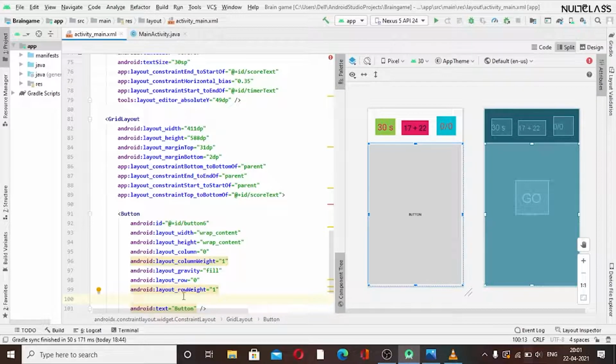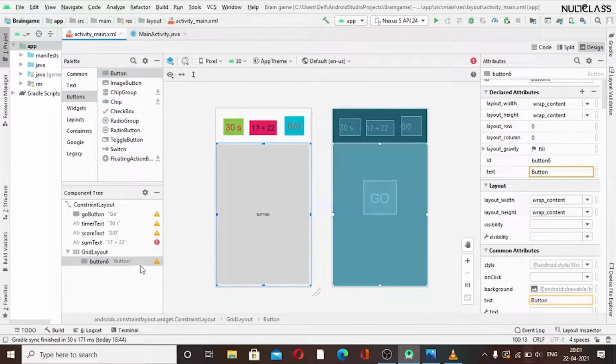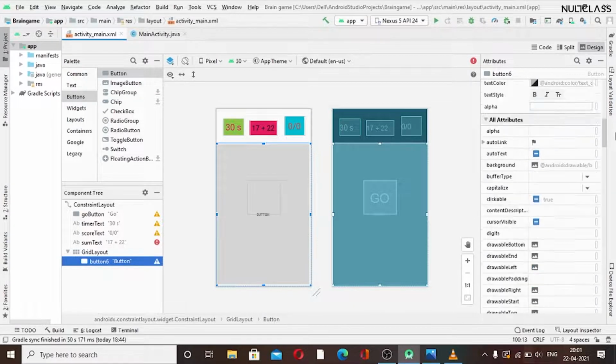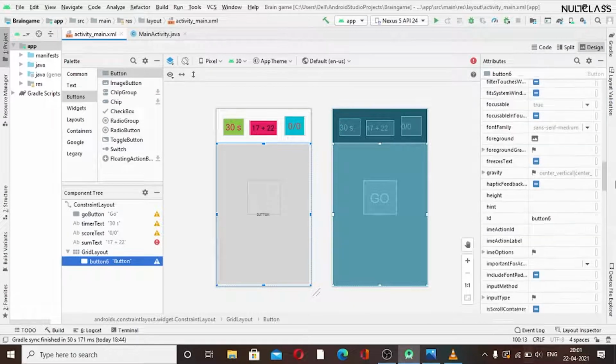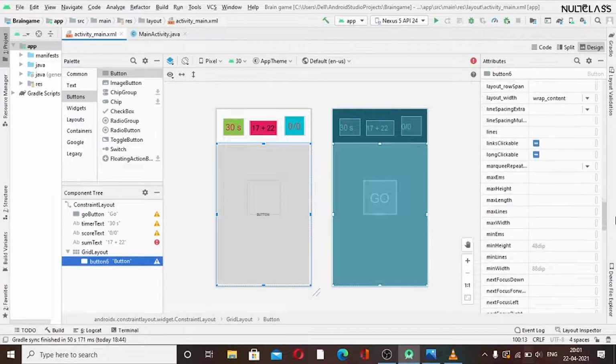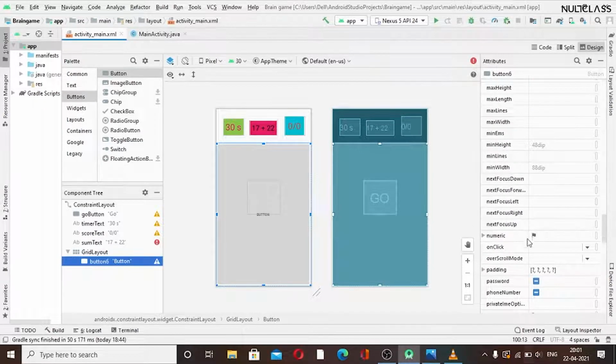Also we want the on click method here, so we can do it here, or we can do that in our design part also. As we can see, on selecting the button, we have that on click method. We can find that on click here, and here it is. So we can give it a name, like we did for the go button, and we will do the same for this.